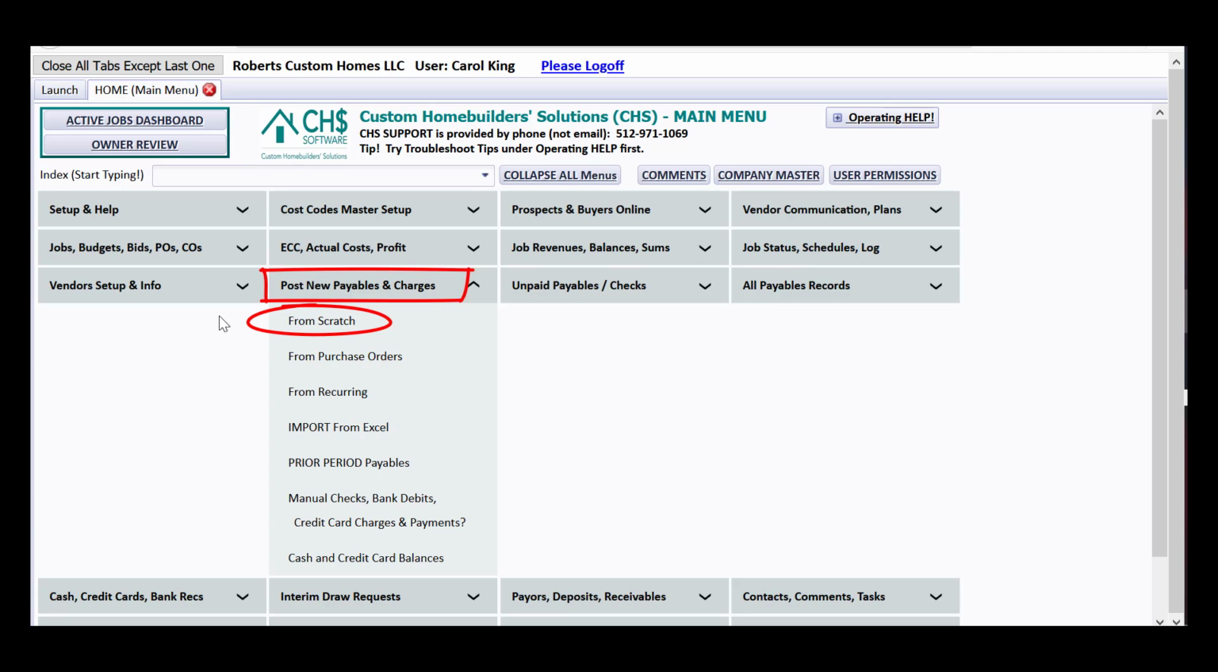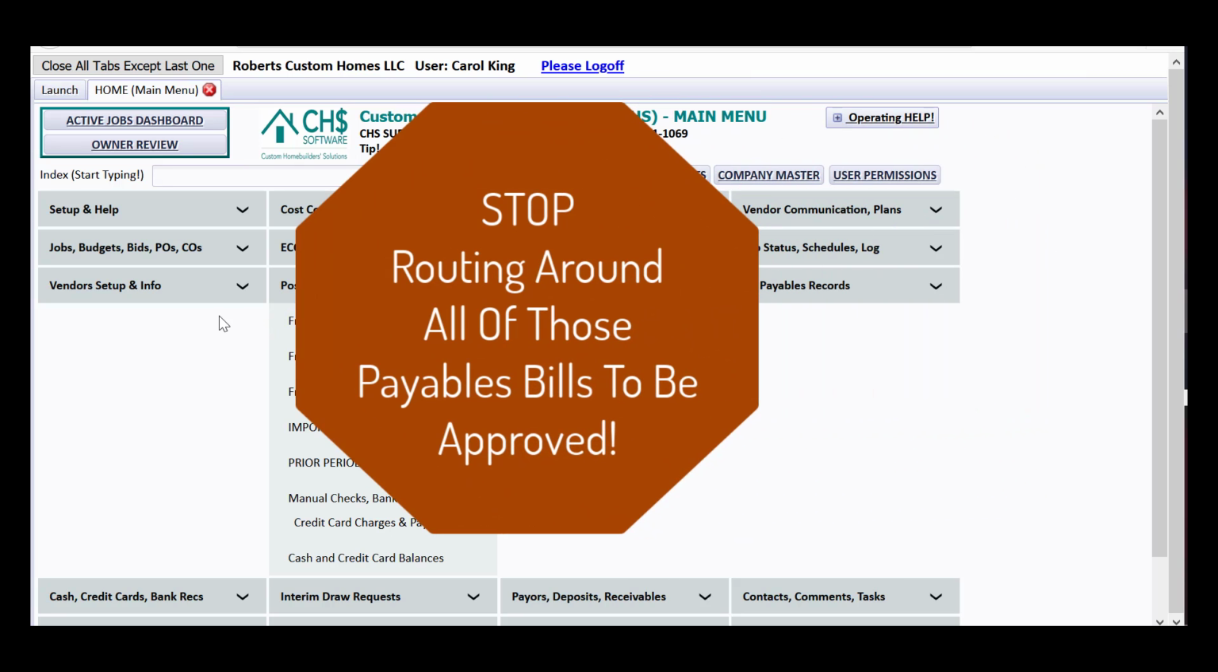I'm going to head towards saying that you should stop routing around all of those bills to be approved by the field, because I will be showing you how the field can get online and see bills that you've entered and posted as unpaid, and then they can approve bills for the job costs for the jobs that they're assigned to. The field usually can't see all of the overhead bills. The big boss can, and approve those so that the bookkeeper later knows what to select to pay in a